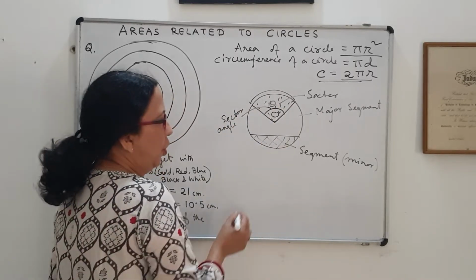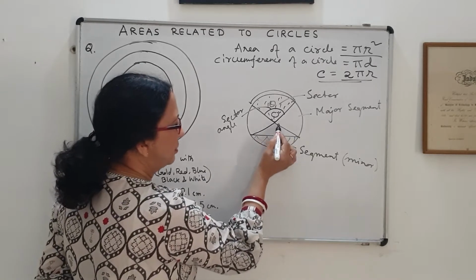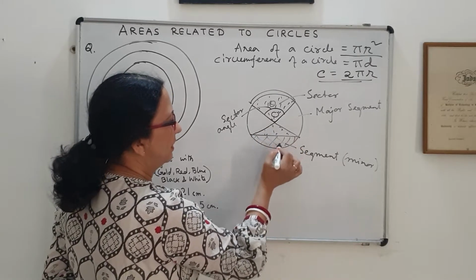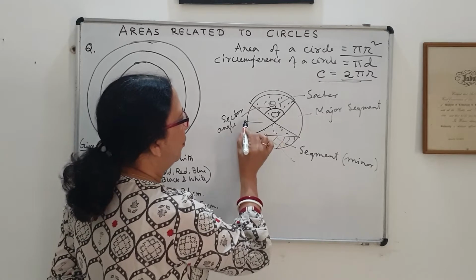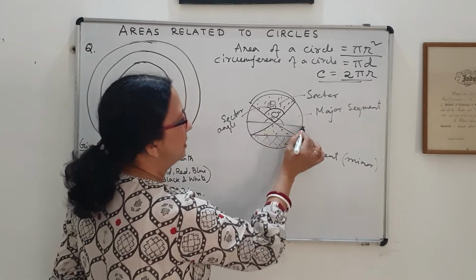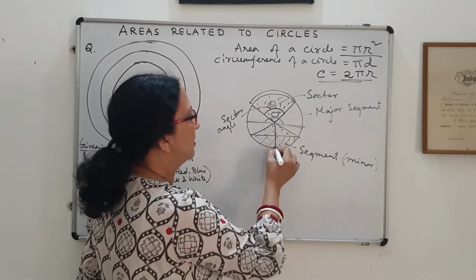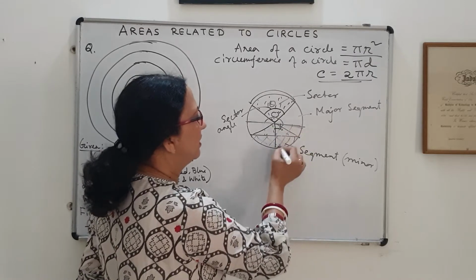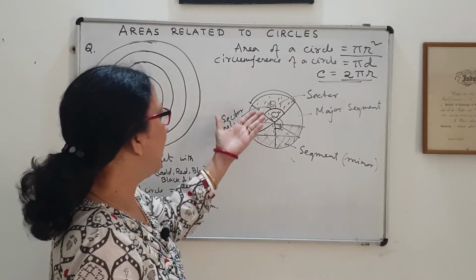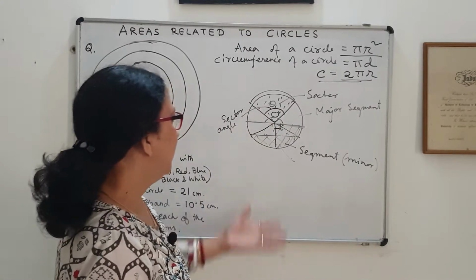Theta. So you see here also, if I join these two endpoints of the chord, this whole area will be the sector area. So if I subtract this triangle area, we will get segment area, and when the sector angle is 180 degrees, then this is nothing but semicircular area. Then if the sector angle is 90 degrees, what we get is the quadrant of a circle. So basically your semicircle, quadrant, all are sectors of a circle.